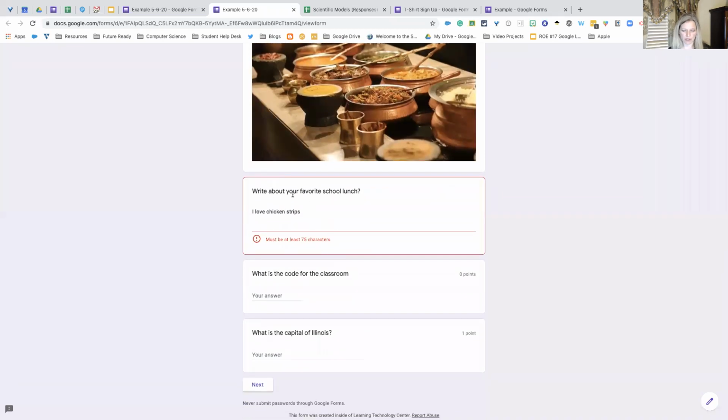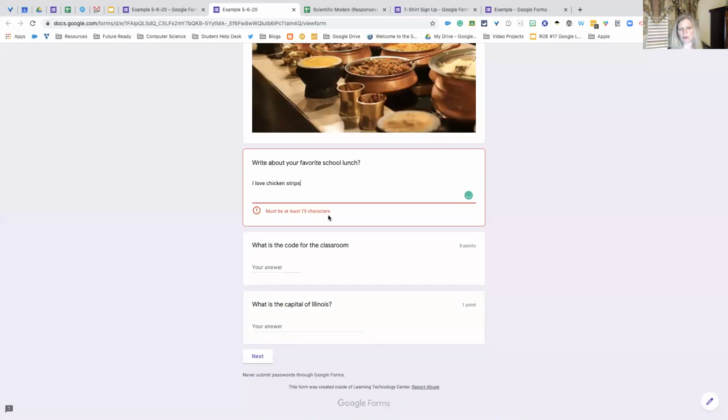Same thing here, it was just slow going. I thought it should show up. This is letting the students know that it must be at least 75 characters. So they need to write a little bit more here. So any of them with response validation, that's what's going to happen. If I go here to next,